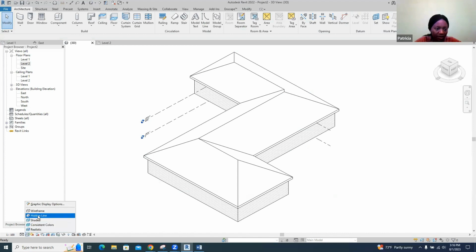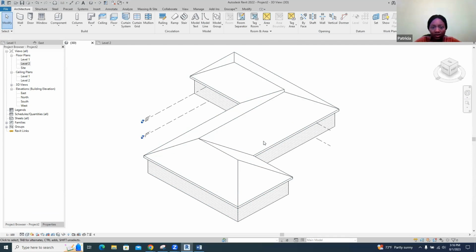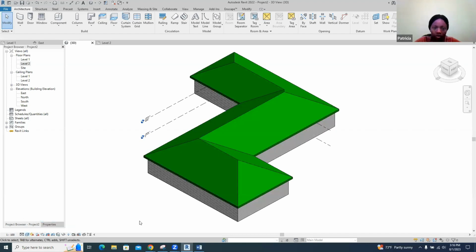what we're looking at. This is a wireframe. Wireframe will let you see inside all the edges. Hidden line, we can see the roof as it was before, and then shaded, you see colors, consistent colors. And then the last one, realistic. So whatever material that we selected, it will show it in the realistic form of that material, so we can